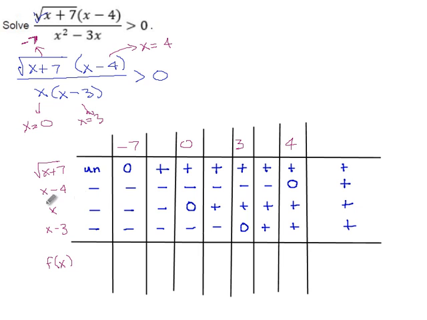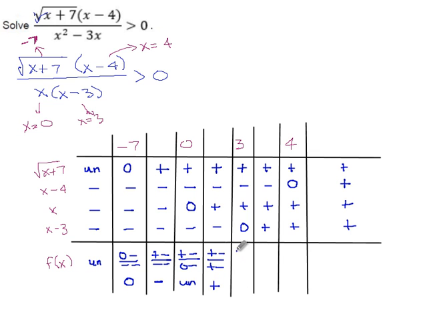Okay, so signs for the overall function. Well, here, because this piece is undefined, the entire expression is undefined. That part's easy enough. Here we get 0 times negative over negative times negative, which is just 0. Here we get positive times negative over negative times negative. That's negative over positive. Positive times negative over 0 times negative is undefined again. Positive times negative over positive times negative